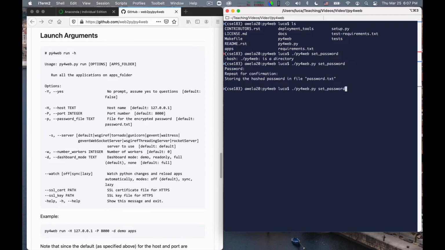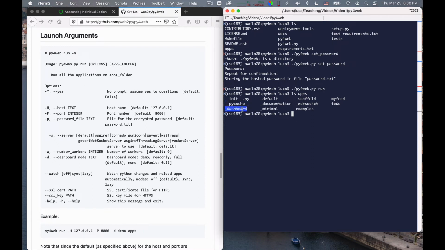And to run, we can say run, and then we have to specify in which folder are the applications. So the philosophy of Py4Web is that there is a single web server that can serve multiple applications. So let's take a look a moment actually at which applications we have installed. They are in a folder called apps, and inside it we have, well, this simply says that there are packages here, okay, and this is just a cache.